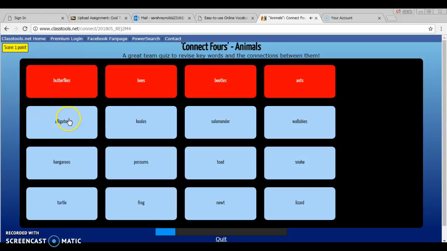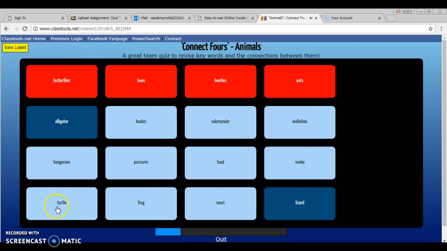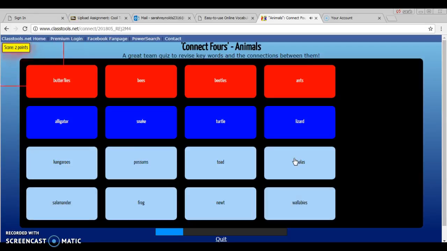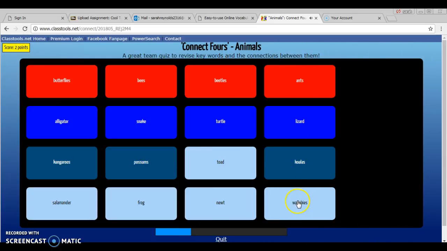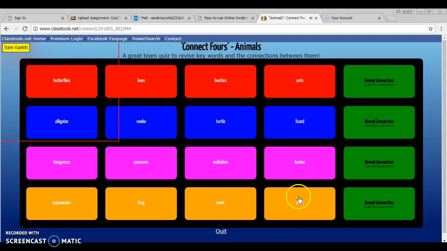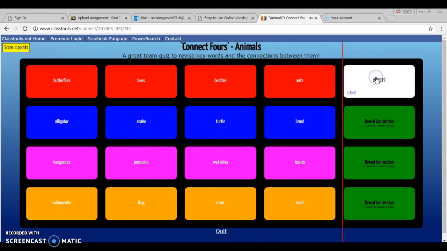Oh, nope. Alligators, lizards, turtles, and a snake. Yes. Kangaroos, possums, koalas, and wallabies. And then you can come up here and it will reveal what each row, the category is